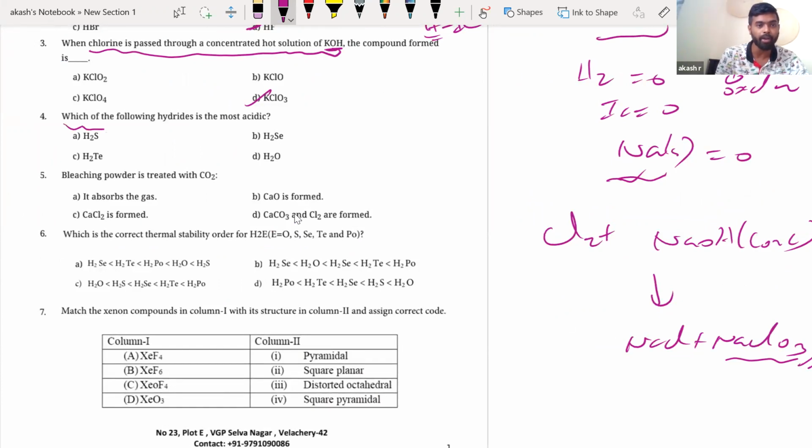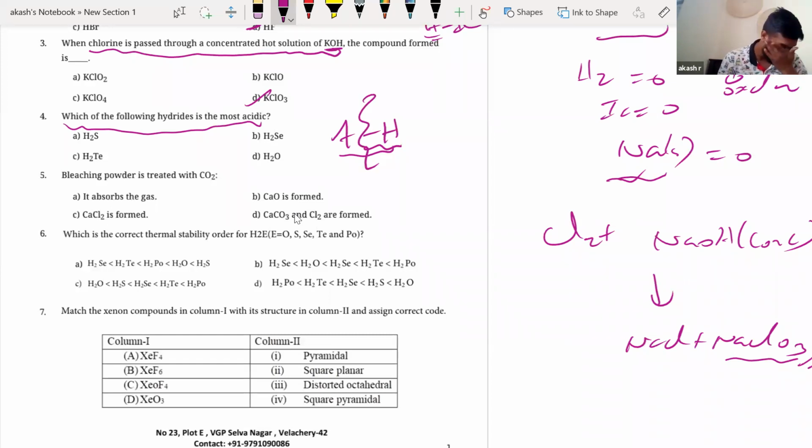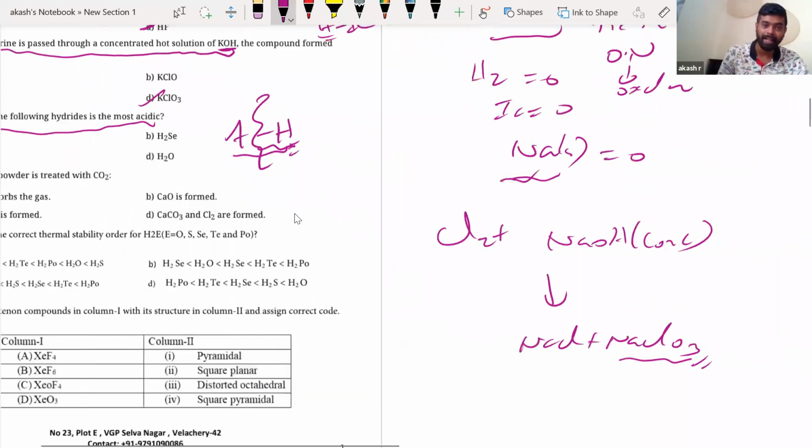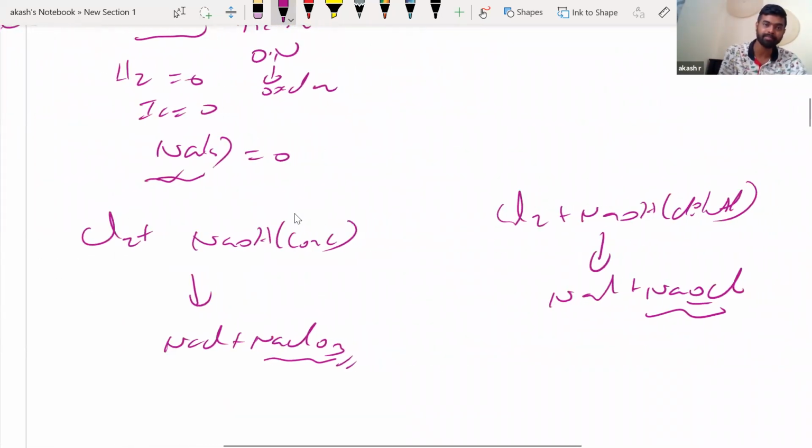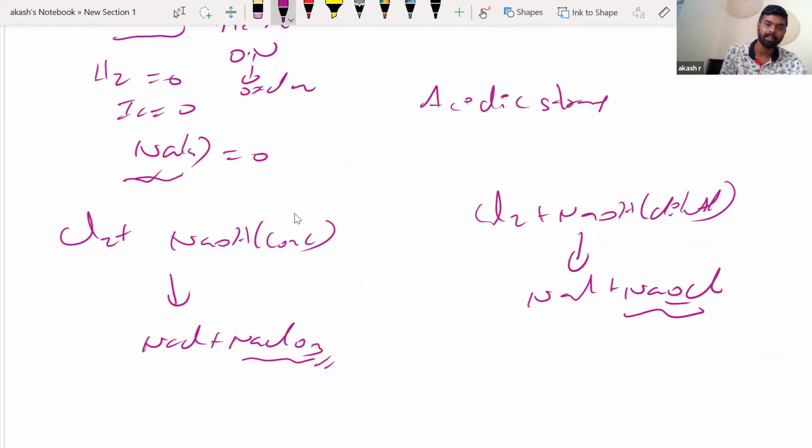Next, which among the following hydrides are most acidic? Right, now please understand, people. Say if I have an H bond, this H plus has to come out, right? So what you have to understand is I have to break this bond. Any acid, I have to break the hydrogen from the other atom, right? I have to break the bond. So what you have to understand is acidic strength,